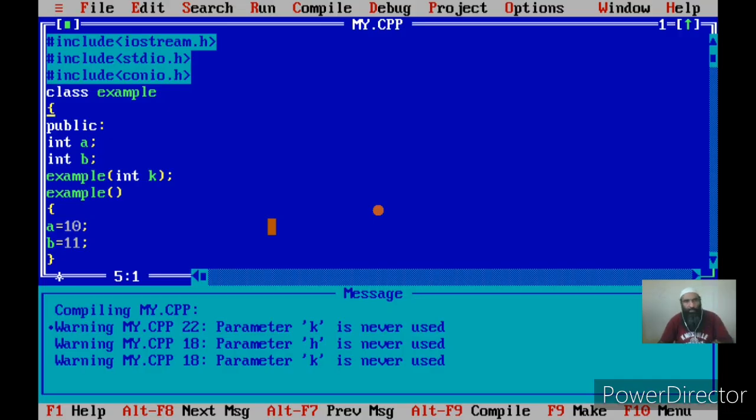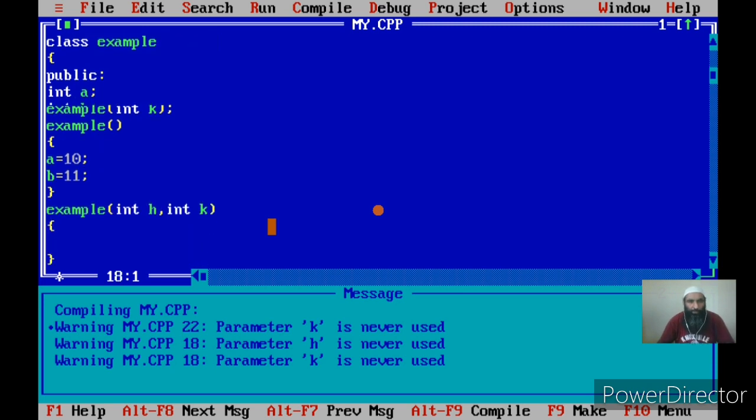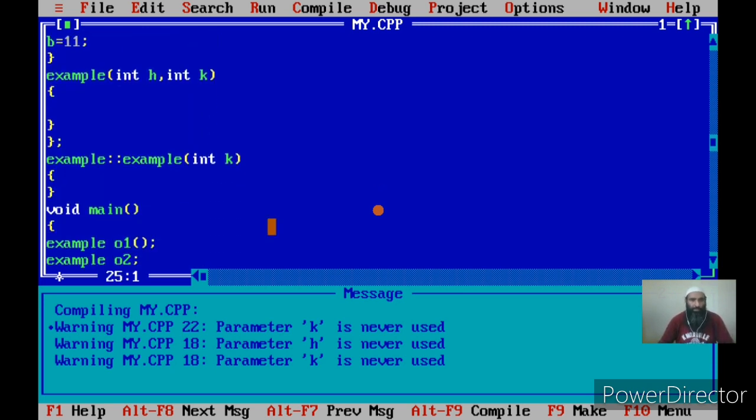Now let us see how we can call a two argument constructor. In order to call a two argument constructor, we have to call this constructor explicitly. That is, it won't be called like a default constructor.